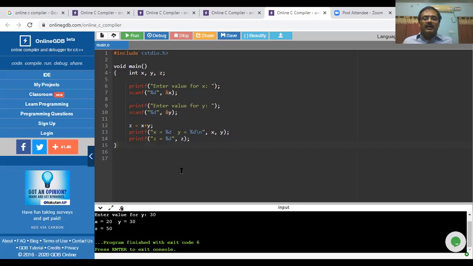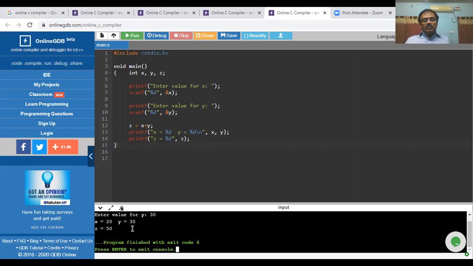These are printed, and \n directs the computer to go to the next line to print the result through the next printf statement. So input values x is equal to 20, y is equal to 30 are printed, and the control comes to the next line as directed by \n, and the next printf statement continues with its normal job of printing the result z is equal to 50.